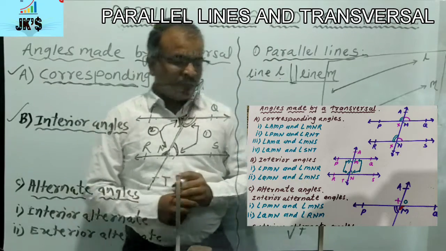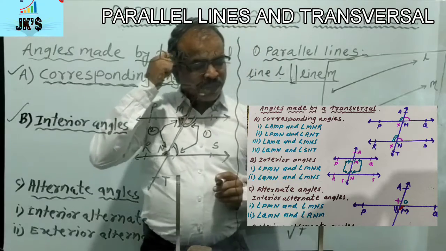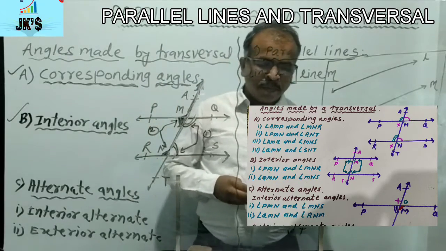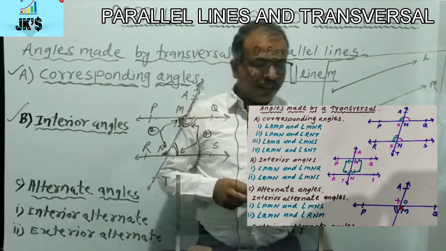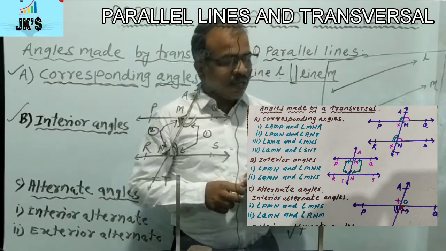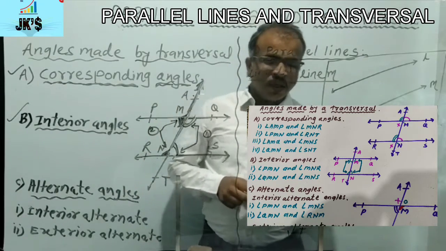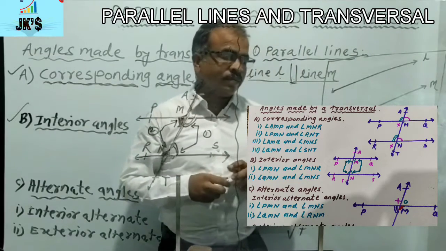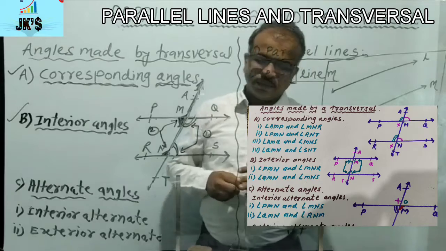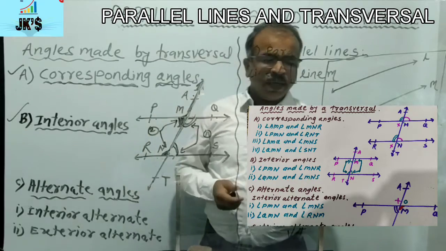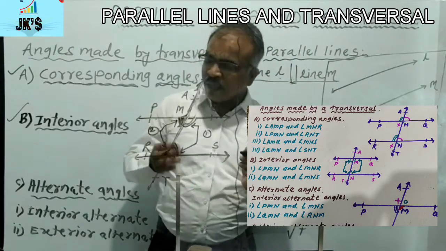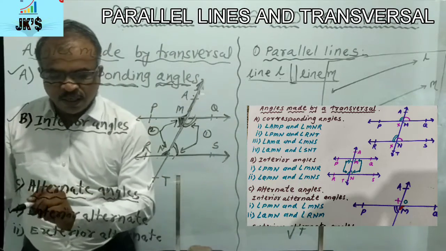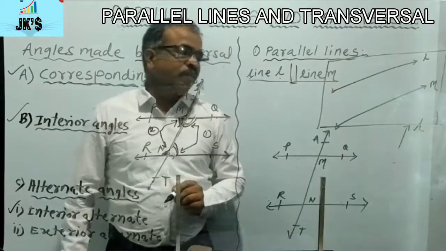Then the alternate angles. Alternate angles means if the arms on the transversal of a pair of angles are in opposite directions and the remaining arms are on the opposite sides of the transversal. Okay, so friends, there are again two subtypes in the alternate angles,